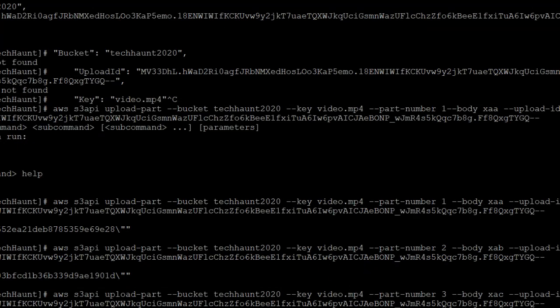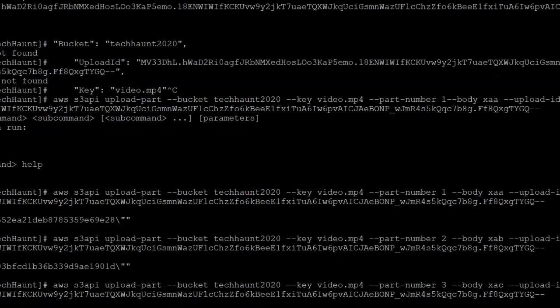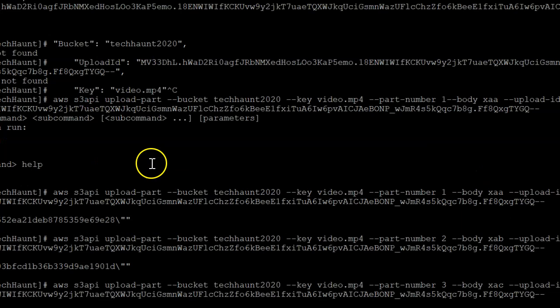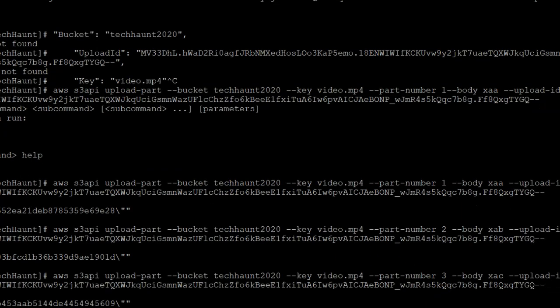Okay, it's doing it very quickly. Let me copy it again, and part number 3, I'm going to copy it into my notepad plus plus again, and then hit the arrow up key to go to the previous command in your putty. Okay, I think it's D, and that's the part number 4. Just make sure XAD. Yeah, XAD. Okay, and I'm just going to hit enter again.